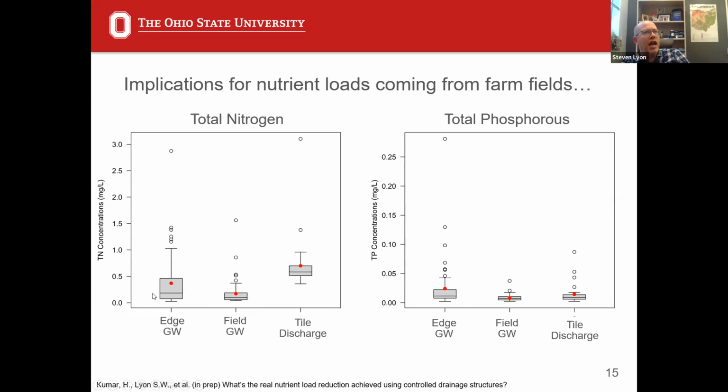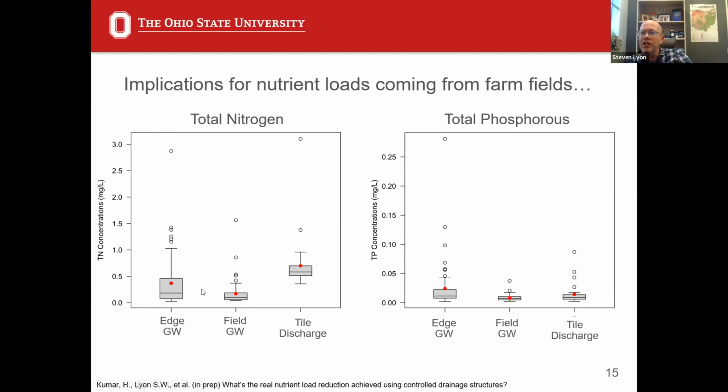Whereas if we go through the edge of the field, it's still elevated relative to the field as we accumulate groundwater flow towards that direction. However, it's relatively lower. So this is the type of thing where we think these systems are also conserving some of that nutrient loading, by altering the flow of water from tile drainage towards a lower concentration and leaking it out slowly through the subsurface. We're actually mitigating some of that load potential. But by and large, we're also controlling this by not allowing the tile drainage to happen during a period when we have a closed system.